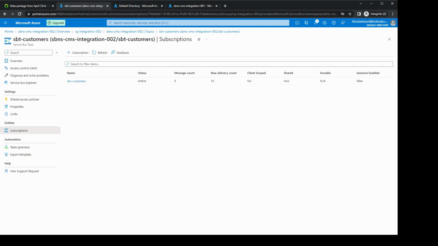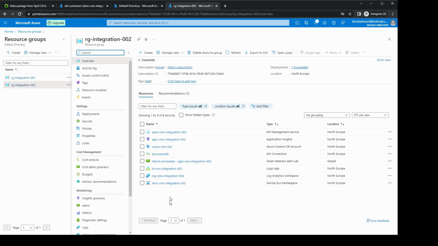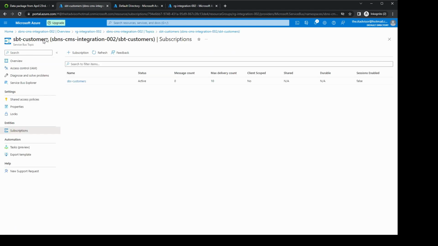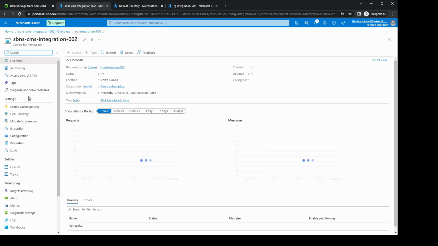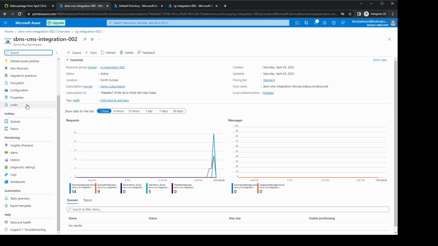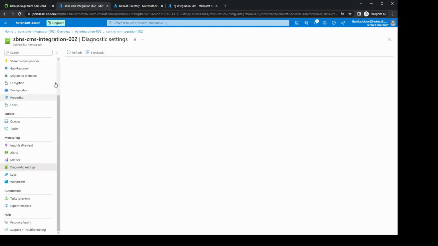Next step. In the previous video, I created application insights and log analytics namespace. Now I'm going to use them, and we'll go to settings of the service bus. In order to connect the service bus to log analytics, we choose diagnostic settings,